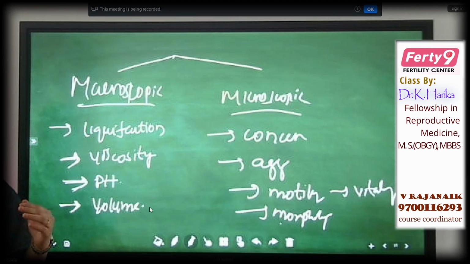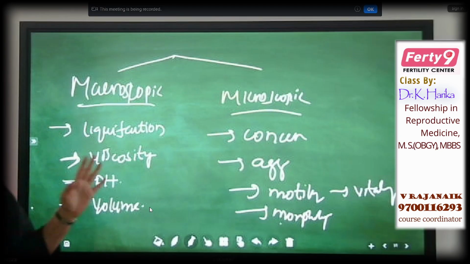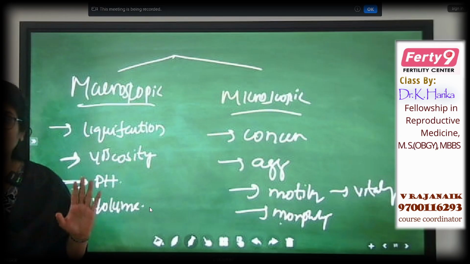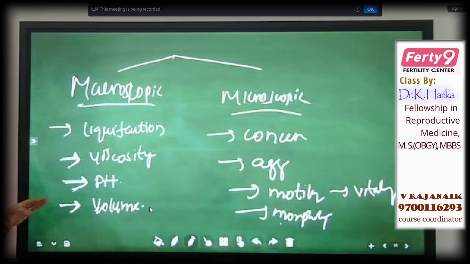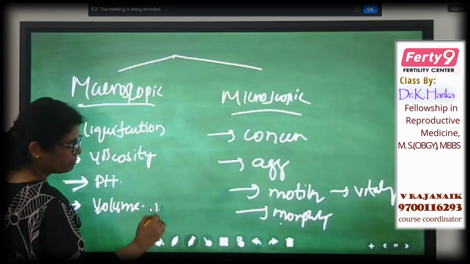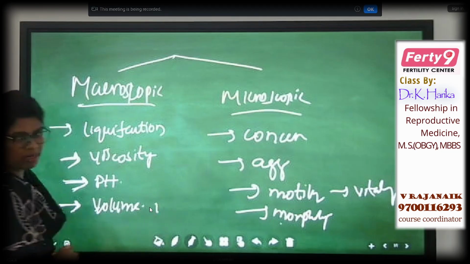Usually sperms are produced in the testes. They travel through the epididymis and vas deferens, where they get mixed with secretions. Most of the volume of the seminal fluid is contributed by the seminal vesicles and part of the prostate. From there, it enters the ejaculatory duct and then the urethra. So most of the secretions are collected from the seminal vesicles, ejaculatory duct, and prostate. So the normal volume should be somewhere around 1.5 ml. Okay.